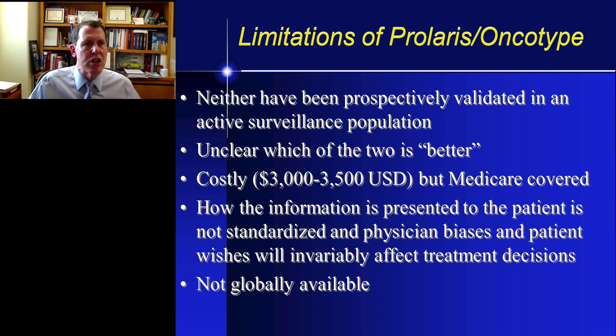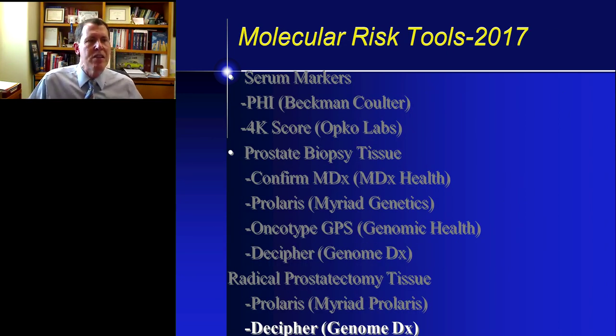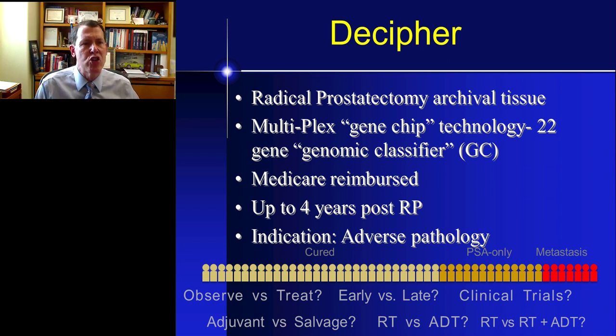The final thing I'll mention is the Decipher test. And the Decipher test is done on radical prostatectomy archival tissue. It's a multiplex gene chip technology, and it's a 22-gene genomic classifier test. So if you go to the literature and you want to use the generic term for Decipher, in the literature, this is referred to as the prostate genomic classifier test. The test is Medicare reimbursed. It can be ordered